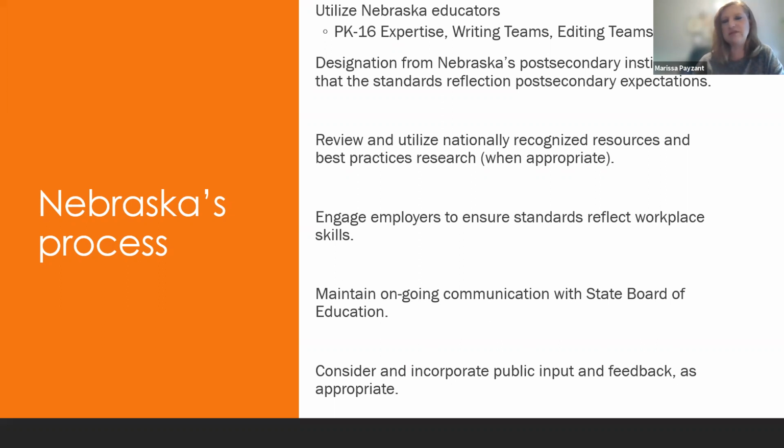Once we have a second draft, and they're involved with the first draft as well, we get designations from our post-secondary institutions. The reason we do that is we want to make sure that if our graduating seniors have met these benchmarks, that these are the benchmarks that describe college and career readiness.